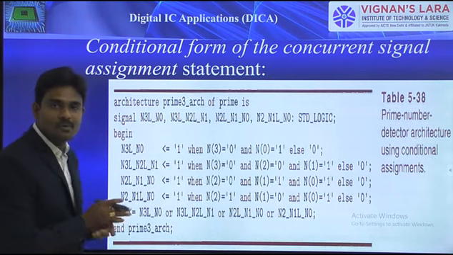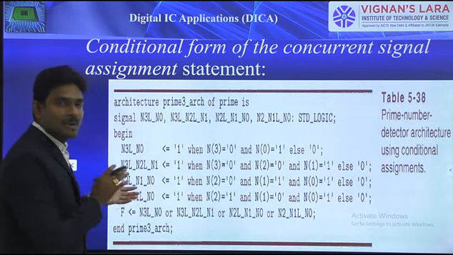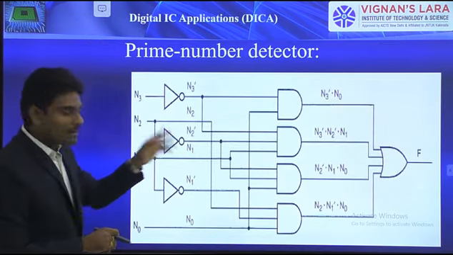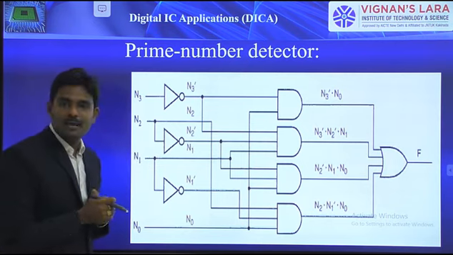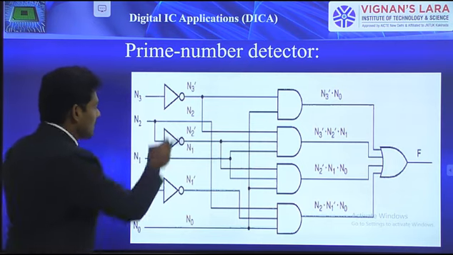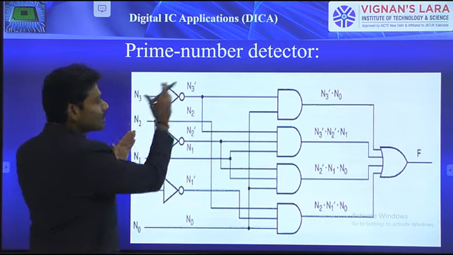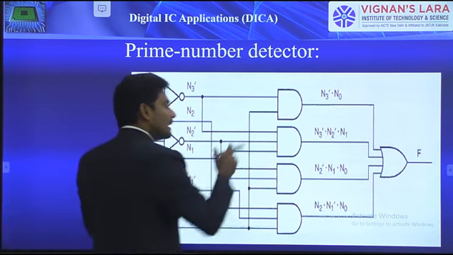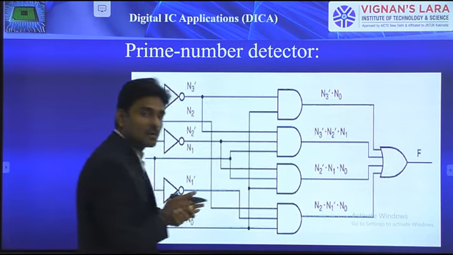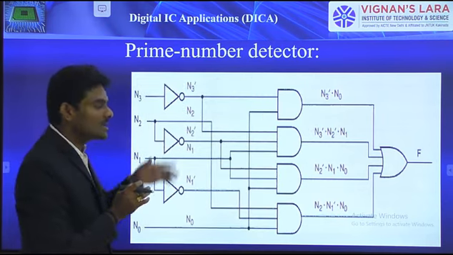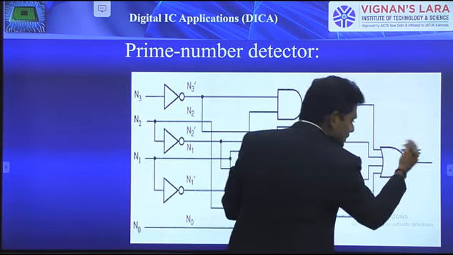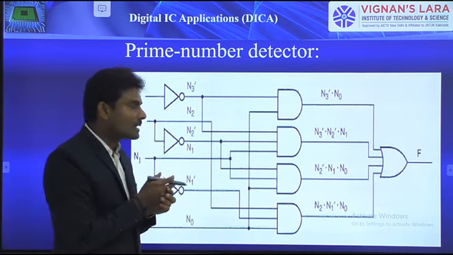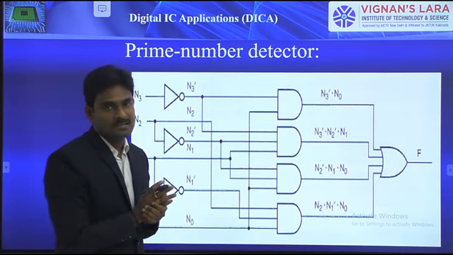In the last class we discussed this particular one, and as I mentioned previously, if you look at that circuit, you can start at any level. Either from the first level, that is at the output of the inverter, you can start writing the concurrent statements, or from the second level, considering the outputs of the AND gates, or simply by considering the last level, that means F, you can directly mention the concurrent statement.